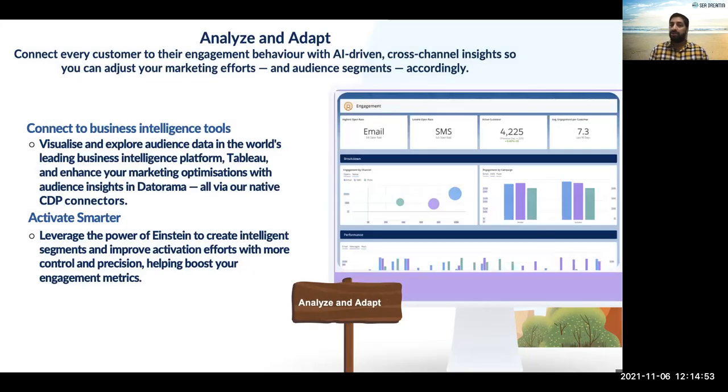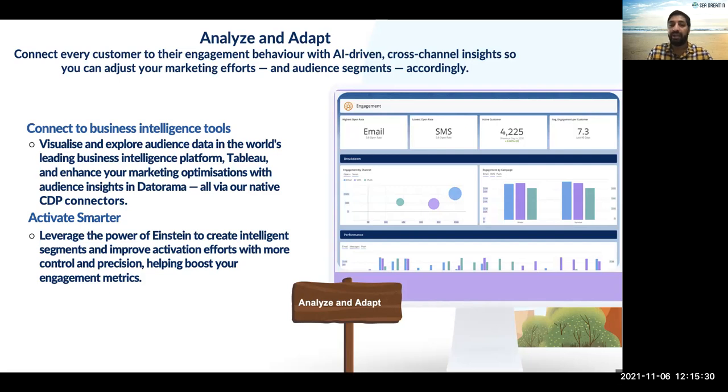So finally, once you have done everything, you have the information to understand your pure customer count with the behavioral, AI-driven cross-channel insights, and you can connect to the business intelligence tools. So it's not only for the CRM, but any other business tools that you can leverage. Use these data streams to connect with third-party systems, and you can optimize for data insights as well, because Datorama is one of the best tools in Marketing Cloud, where you can ingest the data directly into Datorama, and of course there's a native connector available in CDP for Datorama, where you can connect with